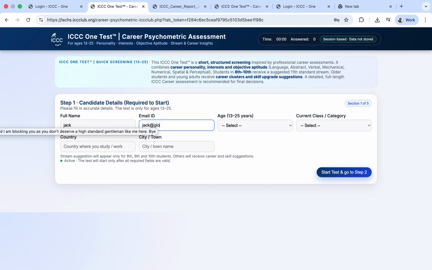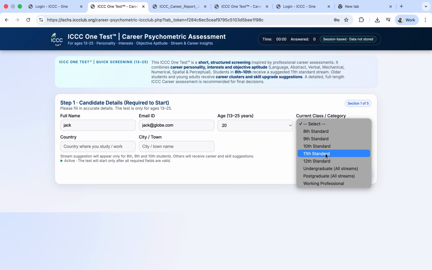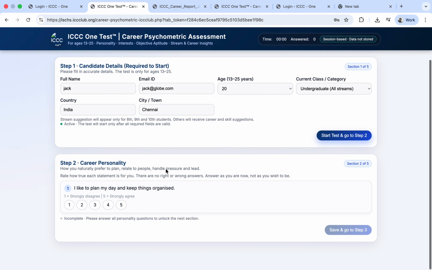at globe.com, and age, whatever age I want, I can put now 20. I can take 11th, 12th or 12th. This time I'm taking undergraduate category, country India, city Chennai, entered. See the clock, it is not moving, but this time I'm clicking on start test, and again you can see